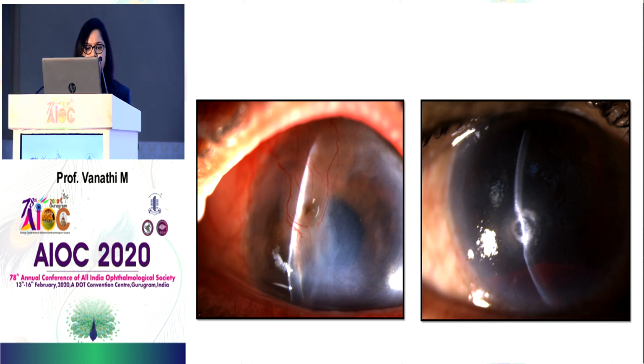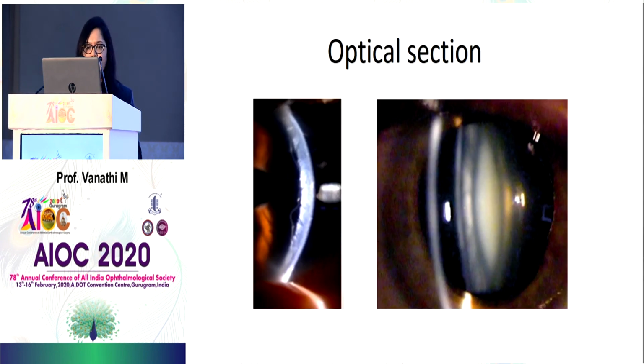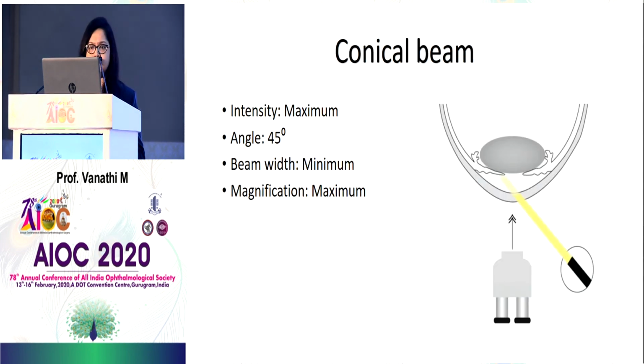In this diagram you can see corneal thinning is there superiorly. In the second diagram you can also see there is a fungal corneal ulcer with corneal thinning. So these lesions can be better visualized on optical sections. In the first diagram, what is there? Yeah, DMD is there, and in the second one you can grade your cataracts.